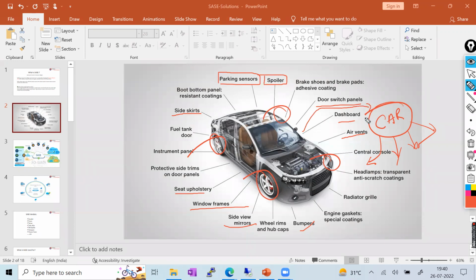So car is just a concept. It's a name, right? Somebody took it from the automobile market, based on some previous car, I just forgot the name, from a US-based company with a similar name, and they built an automobile, and based on that name the car became very famous, right? So think of car as one concept, and based on this concept different vendors are developing their solutions, and based on their solutions, different users are buying them, right?